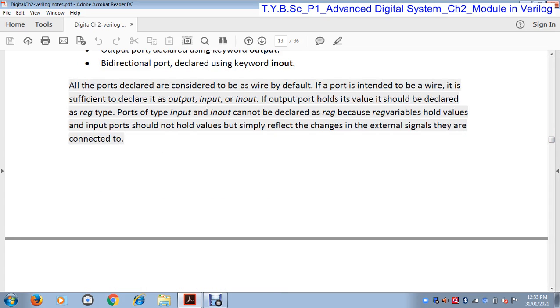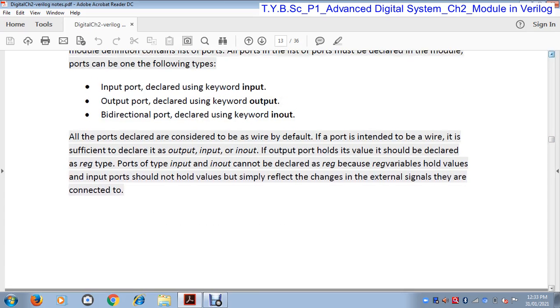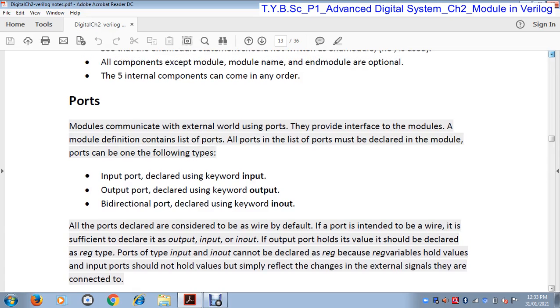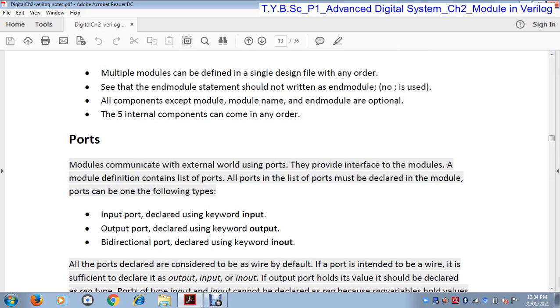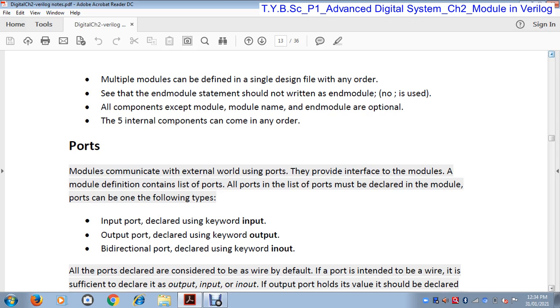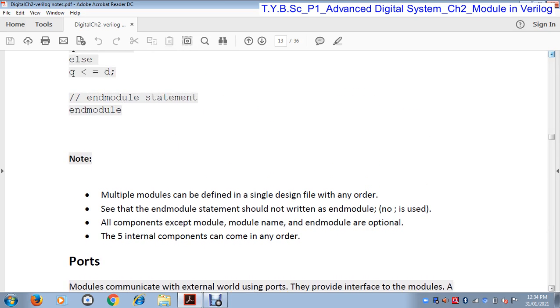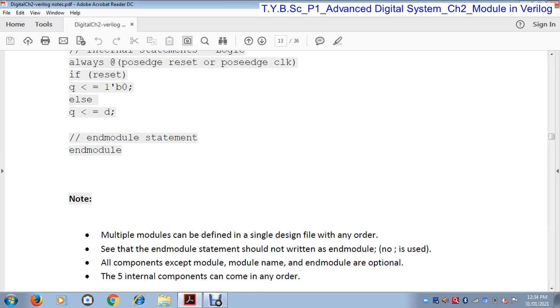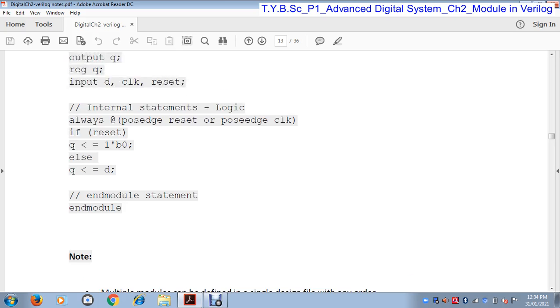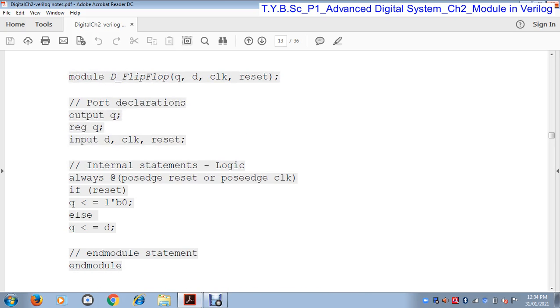and the next is, the five internal components can come in any order. So you can use any of the five components in the modules. Once again I repeat, module is nothing but a group of elements.